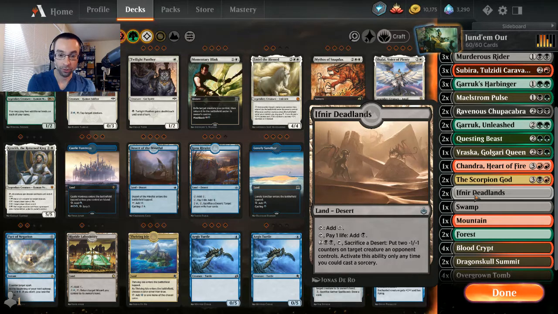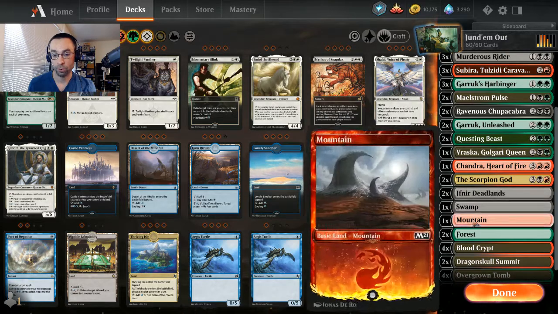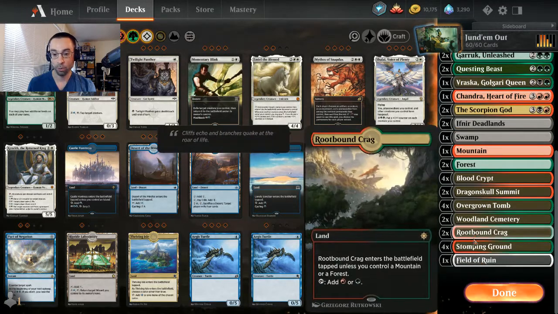And pay 4 mana to sack a desert, which we can sack this most likely, and to put 2 -1/-2 counters on a creature on our opponent's side. You can only do that at sorcery speed though. 1 swamp, 1 mountain, 2 forest, 4 Blood Crypt, Dragonskull Summits, Overgrown Tombs, Woodland Cemetery, Rootbound Crag, Stomping Ground, and